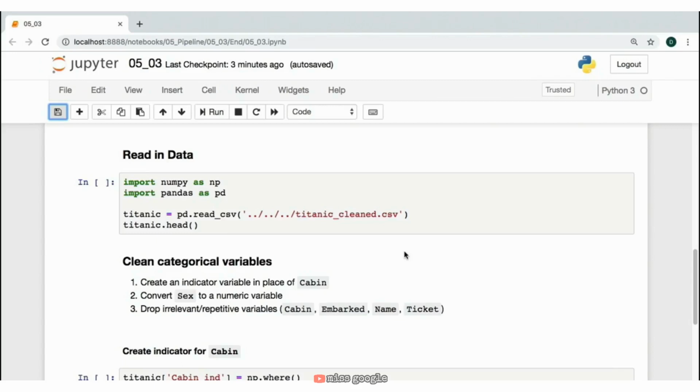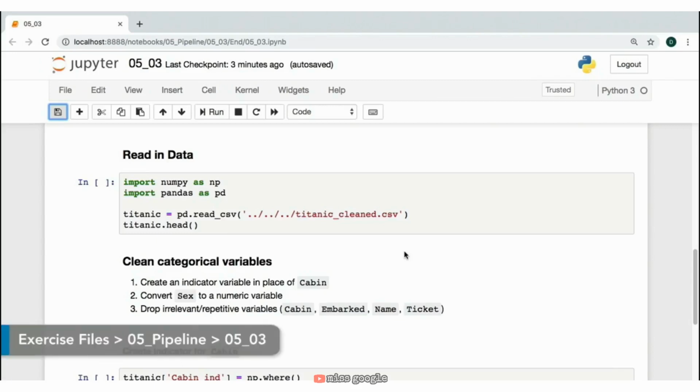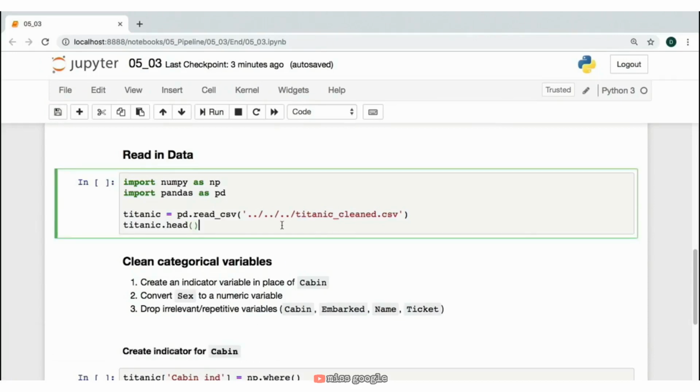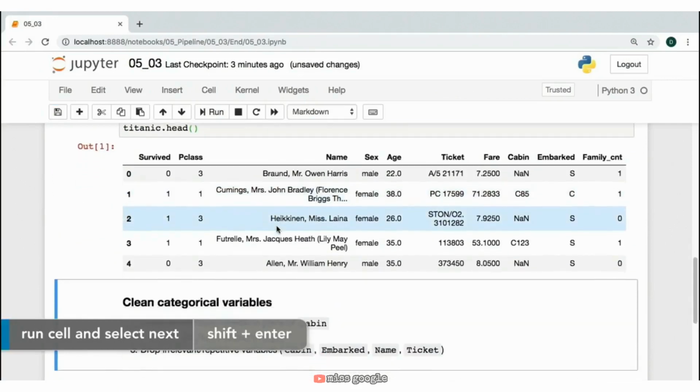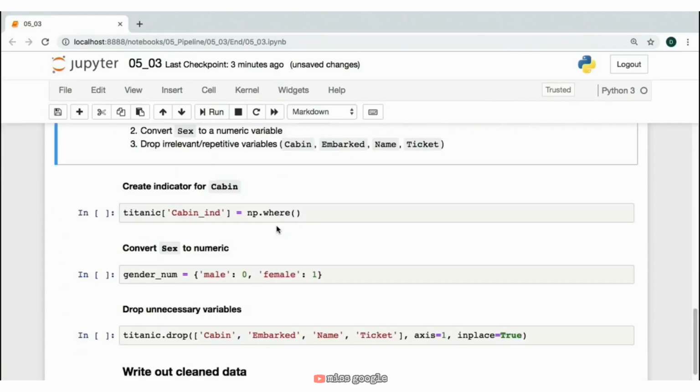Let's pick up right where we left off in the last chapter by reading in our data set that has all the continuous features cleaned, and then we'll dive into cleaning up the categorical features in this lesson. So we can go ahead and run that first cell, and let's start by creating an indicator variable for the cabin feature. Now, back in the Exploring Categorical Features lesson, we learned that unlike age, cabin is not missing at random. We learned that 2/3 of people aboard that had cabin survived,